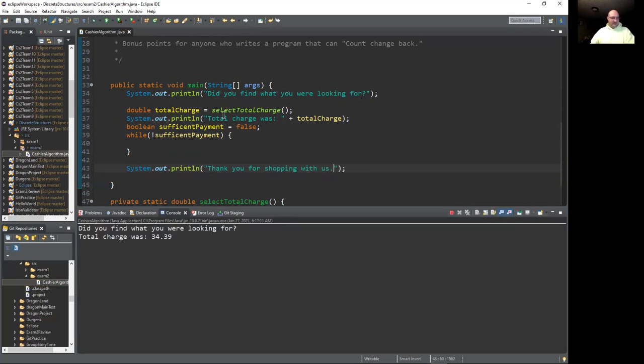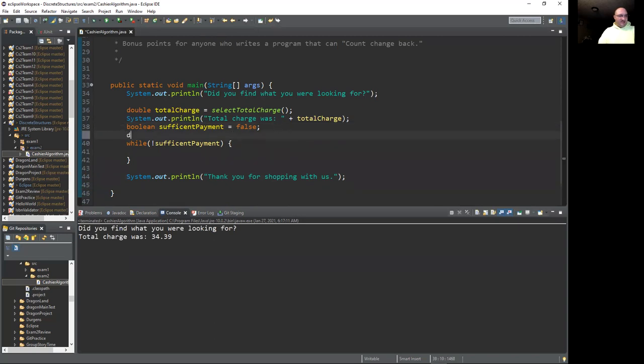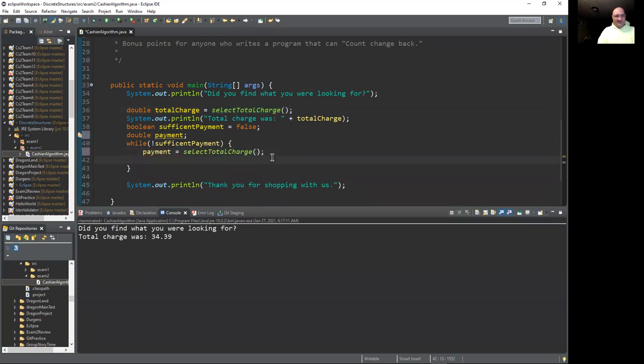All right, save it, run it. Now we're stuck in an infinite loop. Let's kill that off. Okay, so I'm going to do this the laziest way possible. I'm going to come in here and I'm going to say double payment. And that creates it. And then we're going to come down here and I'm going to say payment equals, and this is my level of laziness this morning. We'll just copy that. And you know what we're going to do? We're going to say